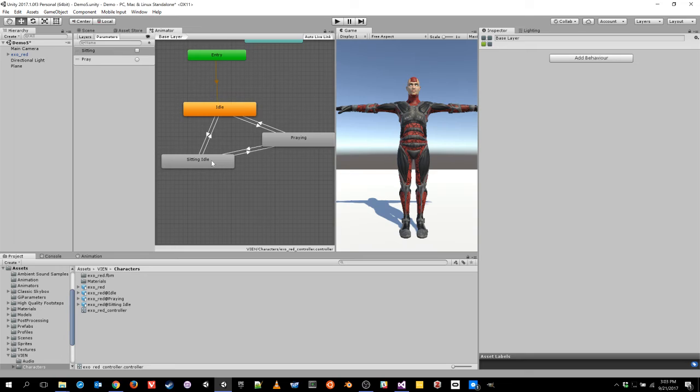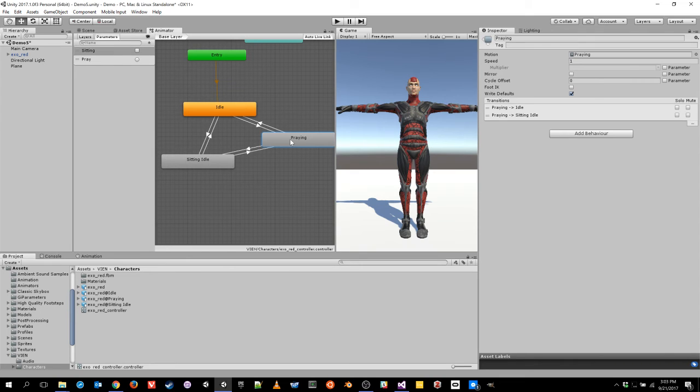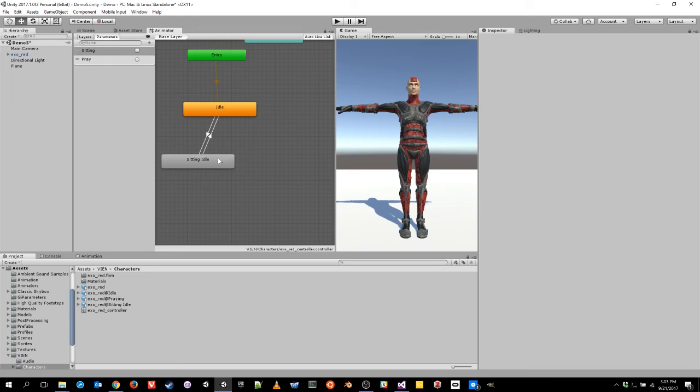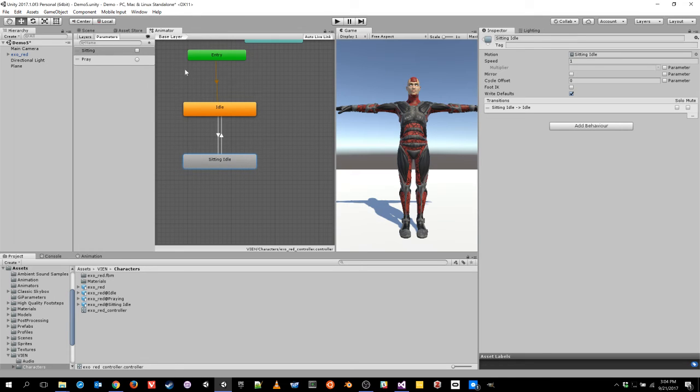I need to take that praying out of this part of the controller. And what is great here is that the animation controller has layers that are basically parallel layers of animation state machines. So I can take the praying out of this, leave this as it is on this layer here,